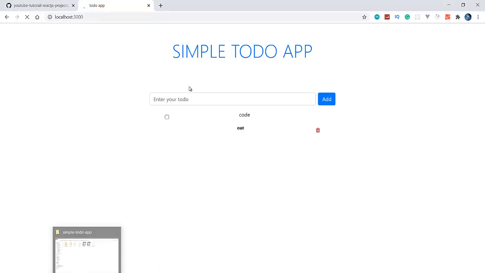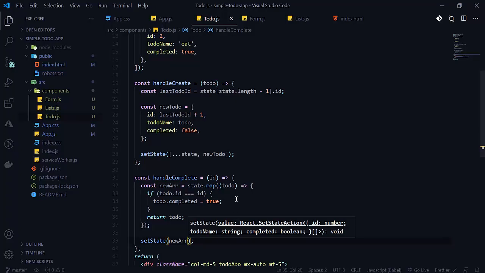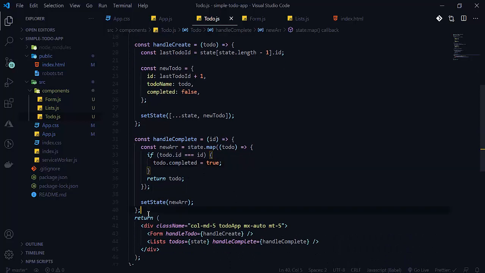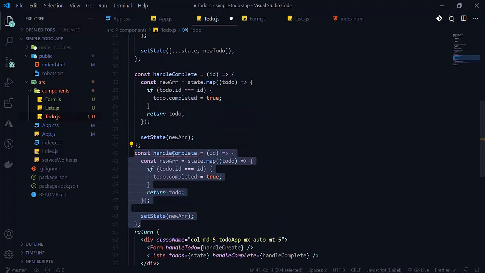But now let's do our delete operation here. So now it is done here, so let's do our delete operation. For the delete operation it will be the same. So here I will copy this, and here will be handleDelete. So handleDelete here.